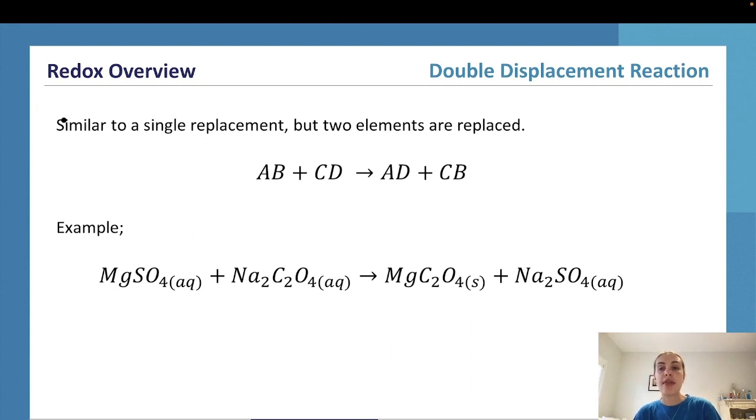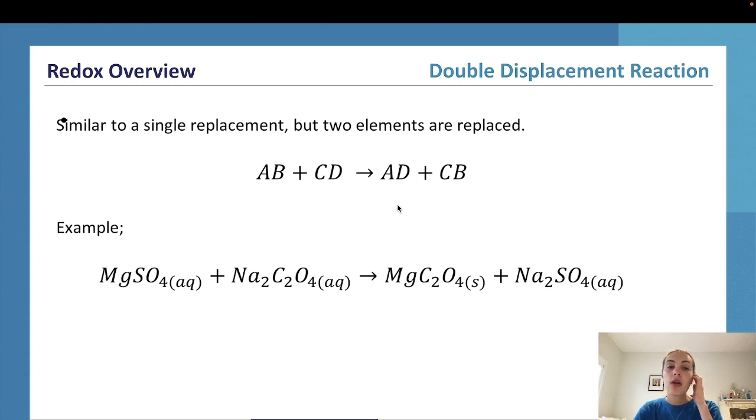So next we're going to look at the double displacement reactions. So double displacement reactions are very similar to a single displacement reaction. However, instead of only one element being replaced, we've got two elements being replaced. So we've got AB plus CD makes AD plus CB. So we can see that there's this double switch over between these existing compounds